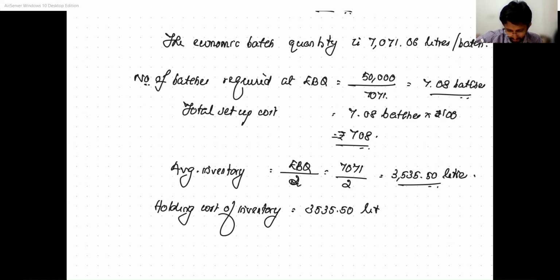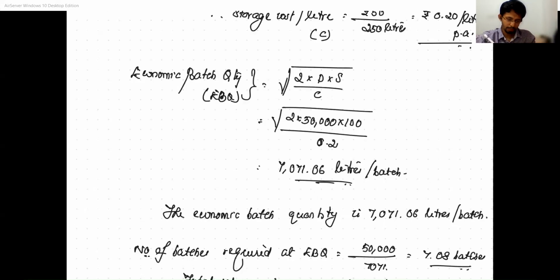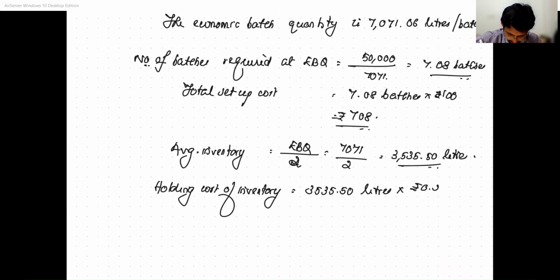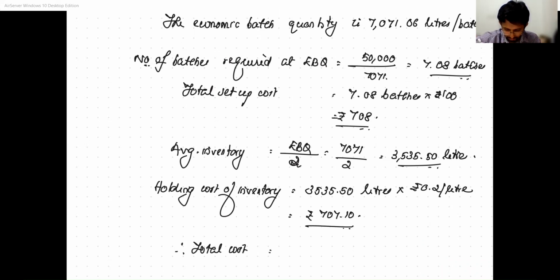35.50 liters into what is the cost per liter? Cost per liter is 0.2. That is, it comes to rupees 707.10. Therefore, total cost is equal to rupees